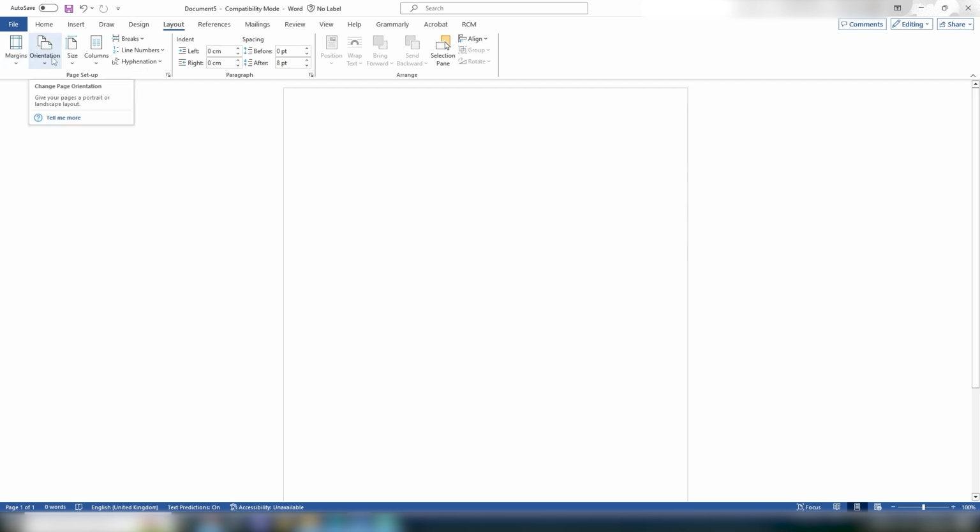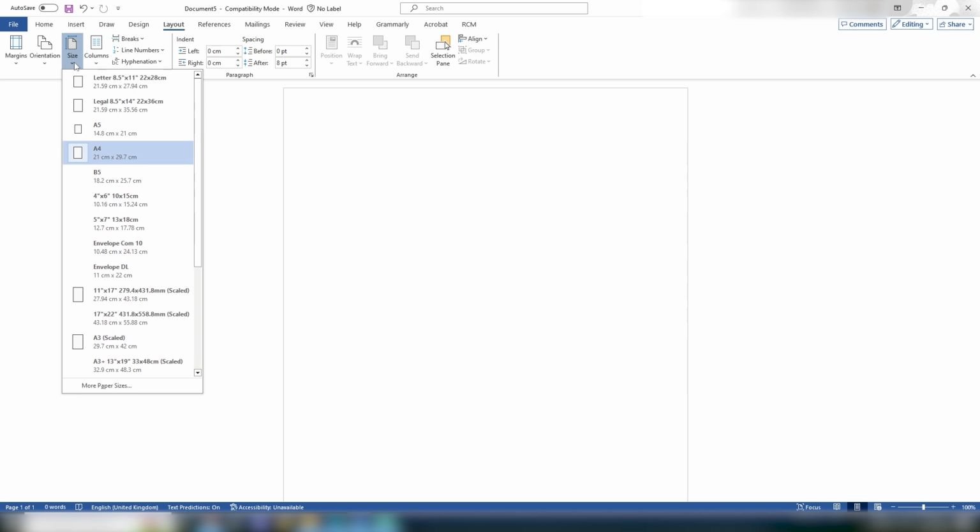Next is orientation. As I mentioned earlier, maybe I'm making a leaflet and I want to have this landscape. I simply press orientation and change to landscape from there. And the next important one on here is the size. So if you are doing something where you don't want to use A4 paper, maybe you're going to create a poster, maybe some leaflets, you can come in here and change this to the print size